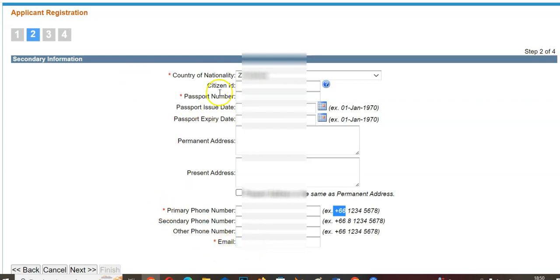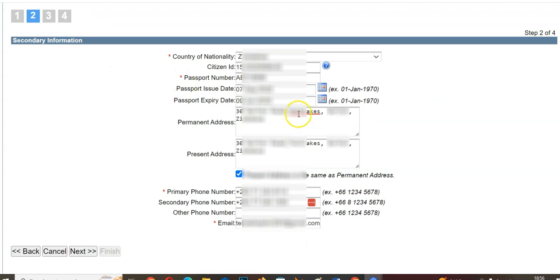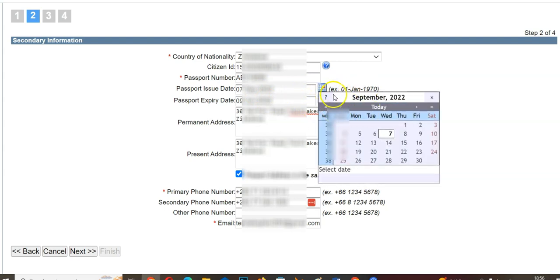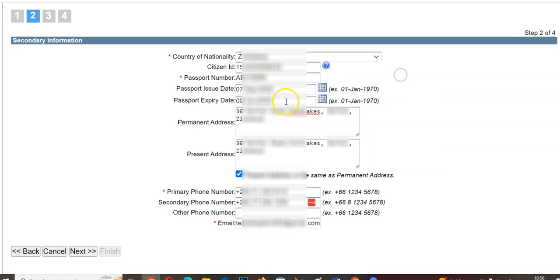So let me just go ahead and fill out this information. So now that I have filled in these details, one thing that I want you to understand is that on this date, you can click on any of these calendar icons, and then you can select your date manually. So if you make a mistake, there is a red sign that comes up here. Let me just show you. If I'm going to make a mistake on the date